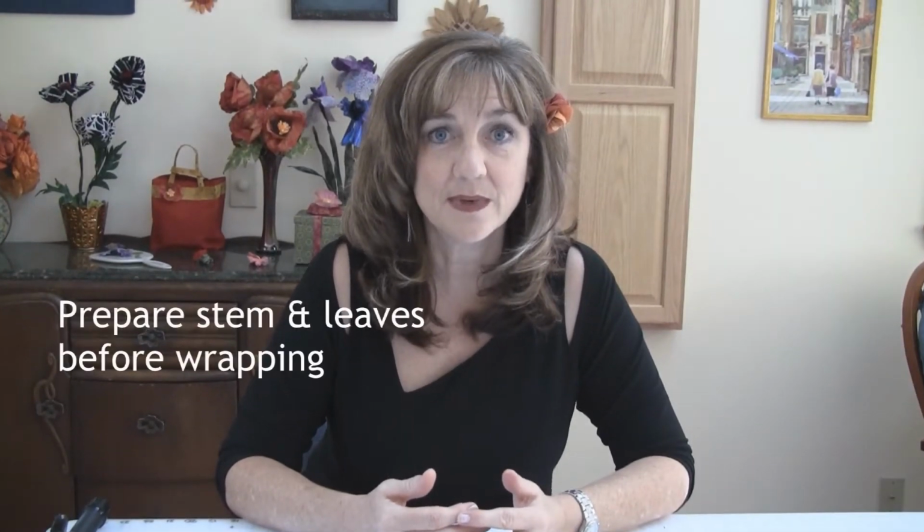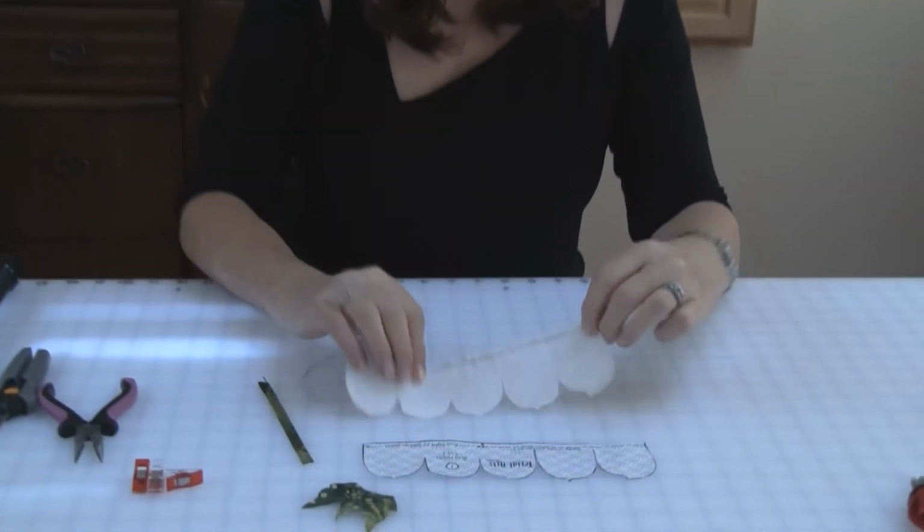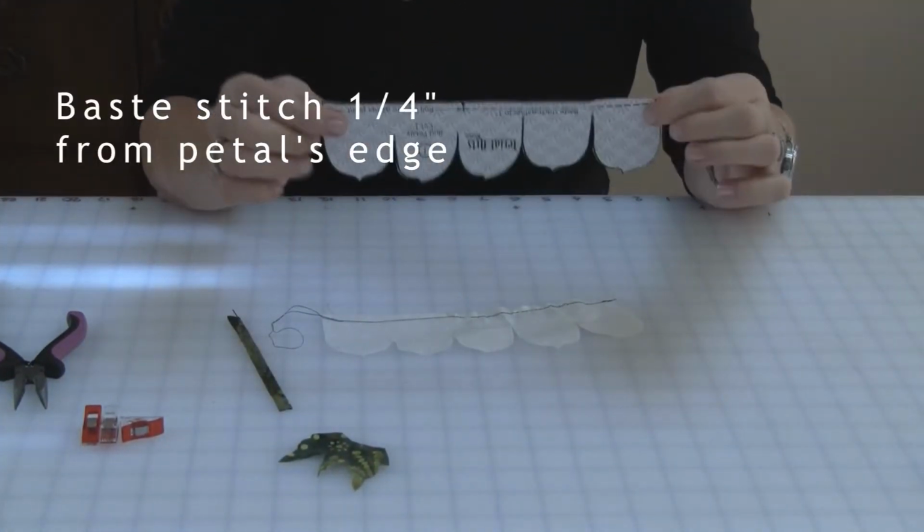Today I'm going to be showing you how to wrap petals. Petal wrapping is a technique that I use on many of my flower patterns. We're going to start with a rose bud, and I have already pre-basted the bud along the lines shown on